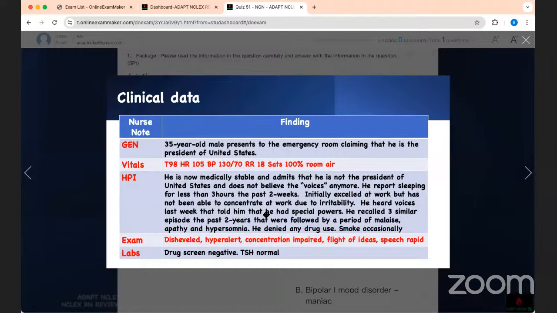This is the second one. So, we're not doing full cases. I'm just showing you how you can approach to figure out the answers for the case. And that is the most important aspect of it. If they give you a case, don't answer any of the questions until you figure out what the patient